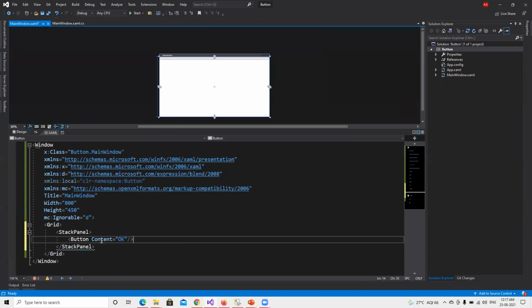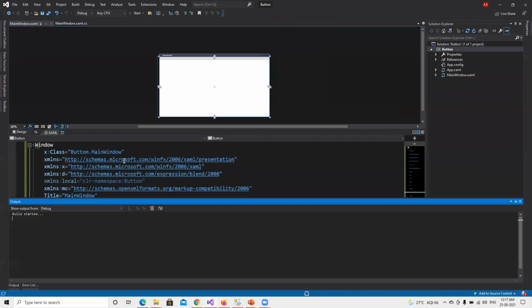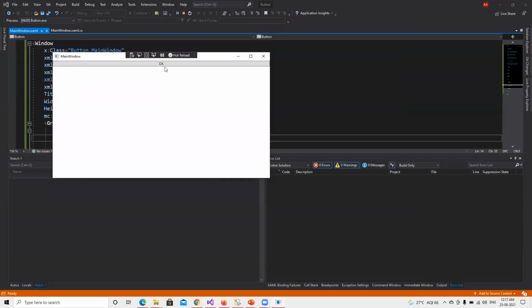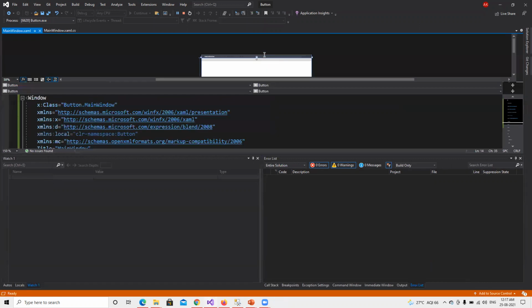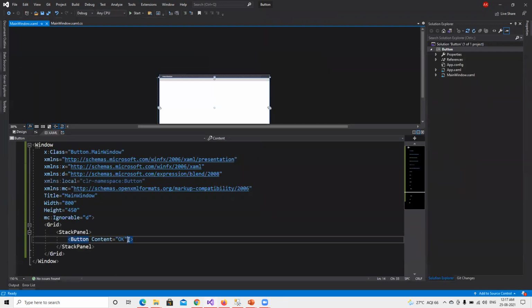Okay. So if I put that content, I suppose OK button. Now if I close this one, and if we go ahead and try to run this one, we'll see that one button will be there with that OK content. So we are able to see that content OK is displayed, and it is displaying on complete width. So now what we can do for the button, we can specify that height of 50, and now we can specify that width of 100.